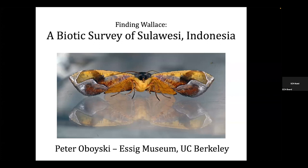Before I launch into this, Ernesto pointed out a lot of the challenges of doing some of this barcoding, namely that we don't have good databases that have identified material that's been barcoded. So the state of California has designated in its budget last year funding to try to barcode every species of insect in California. And I say try because,